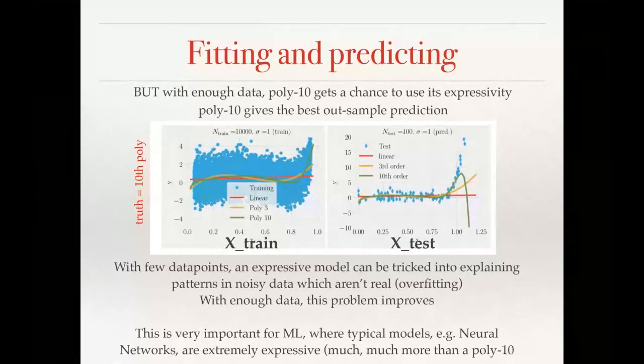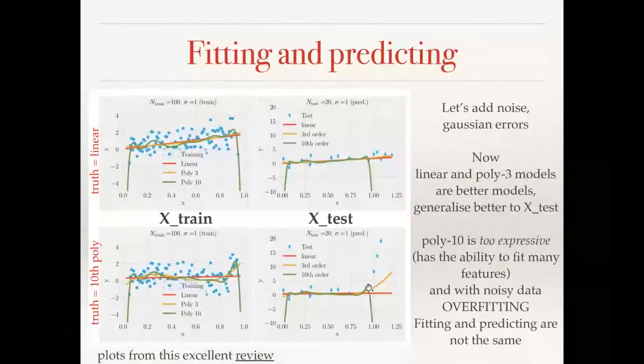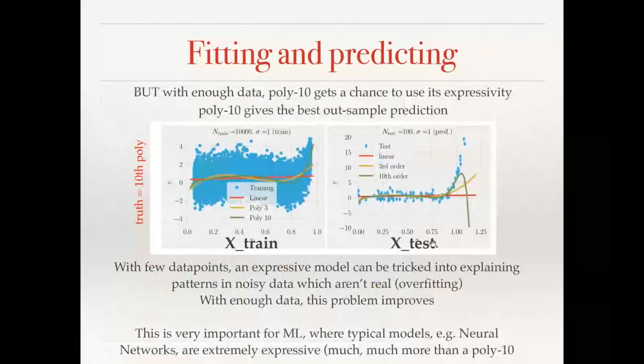Where is the change? We go from here, where it was doing a terrible job and not being able to generalize, to here, where it's able to go farther and do better than the others. The difference is the number of events. We have increased the data, and although it's noisy, this has led us to the ability to use more expressive models. So something to take into account is that